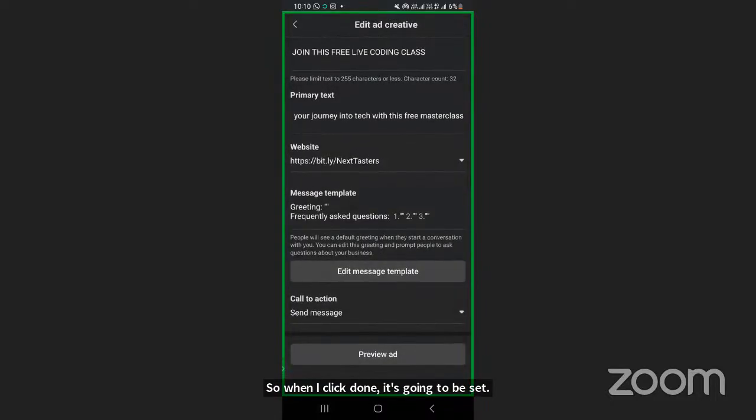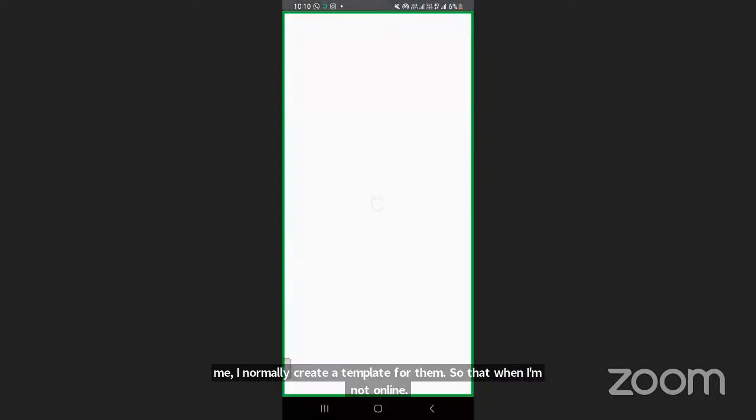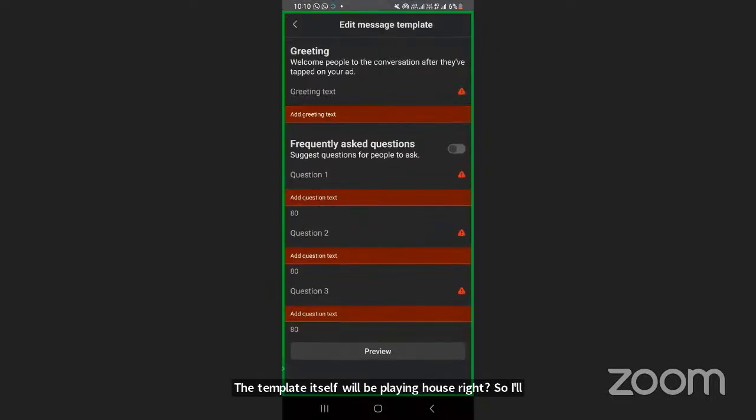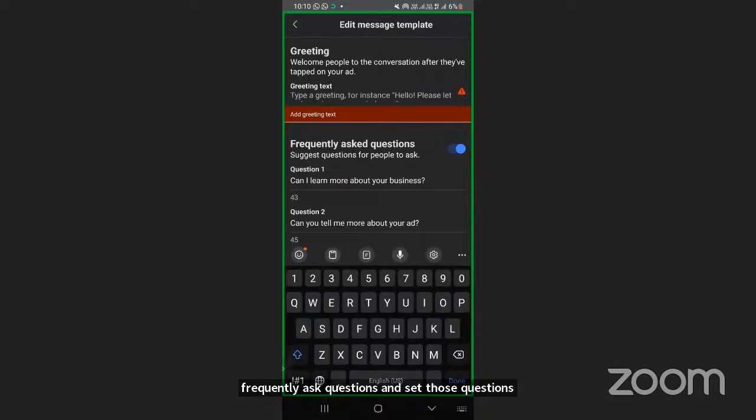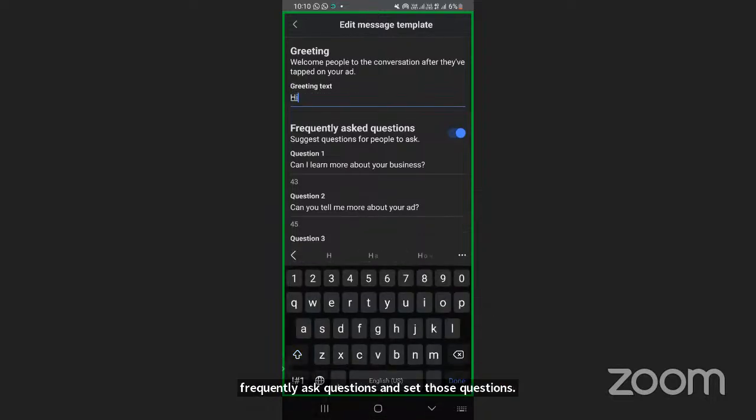So now when people message me, or in case they decide to message me personally, what is the template you want to get, right? So me, I normally create a template for them so that when I'm not online, the template itself will be playing out, right? So I'll click on edit message template. When I click on edit message templates, I can use frequently asked questions and set those questions myself. And also greet them, say, hi,